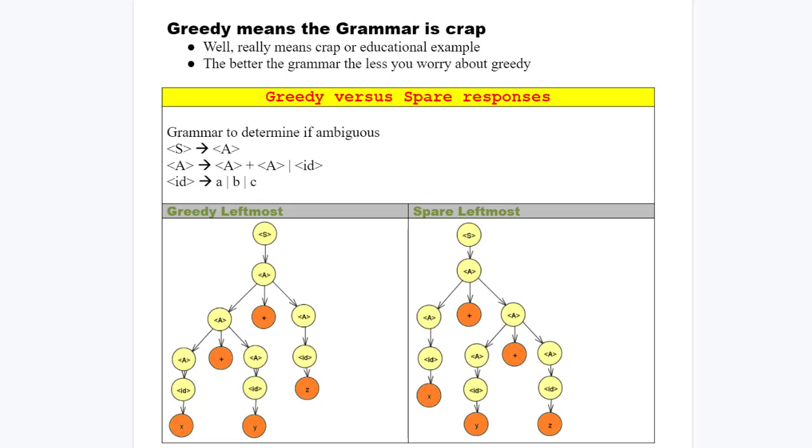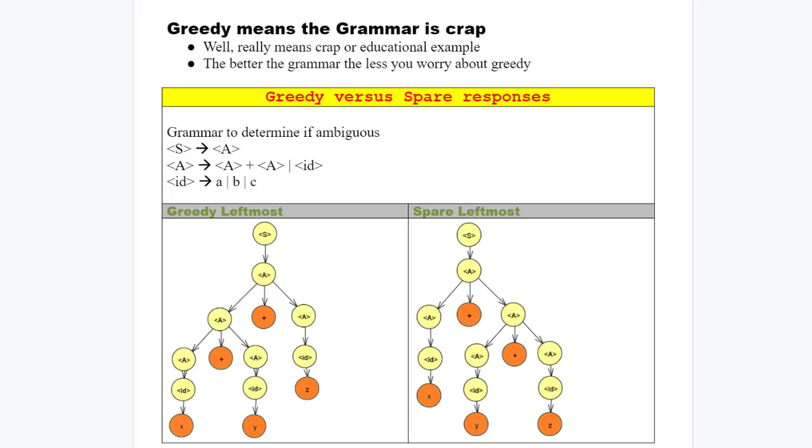So what do I mean by greedy? Now, the opposite word of greedy is actually called spare. Greedy means that it's trying to, at that location, match as much of the target string as possible. Now, in reality, if there's something that's greedy in our overall set of our grammar, it means it's a bad